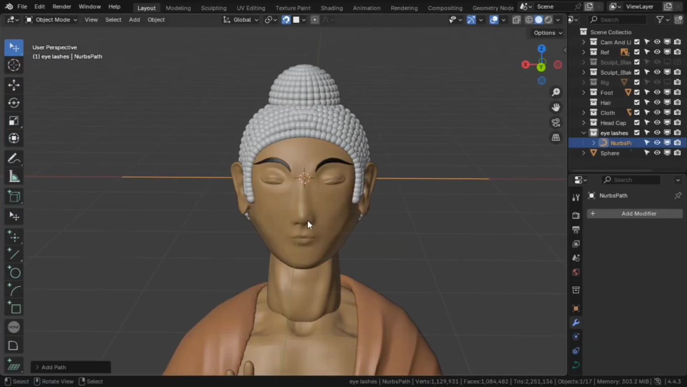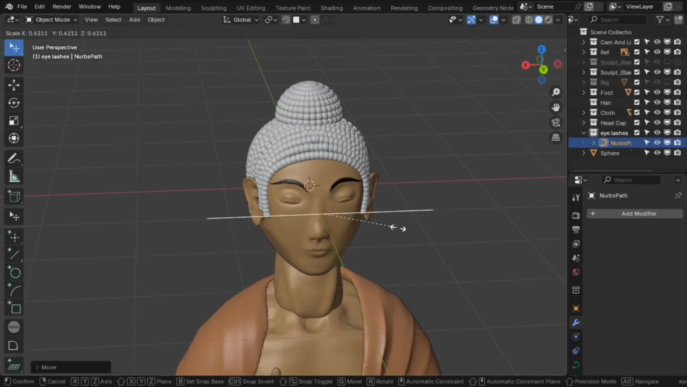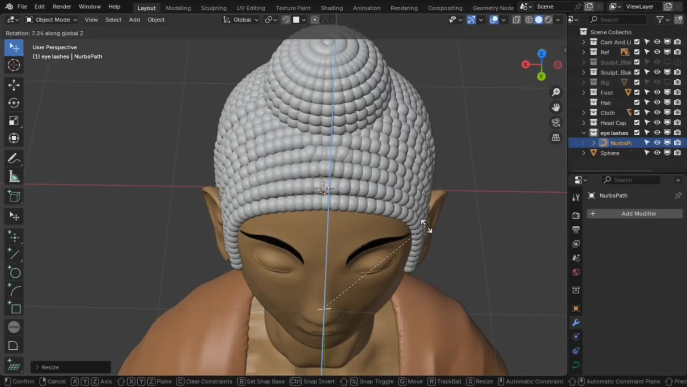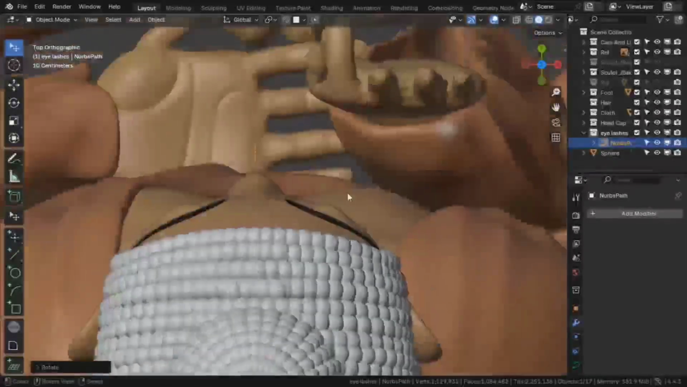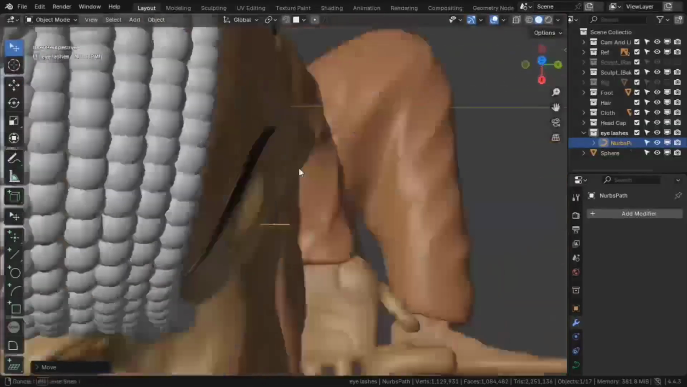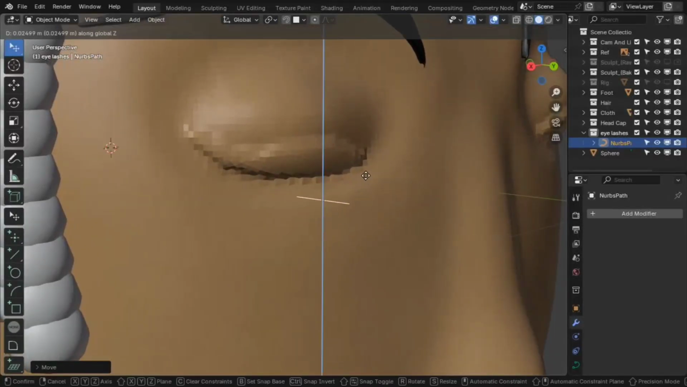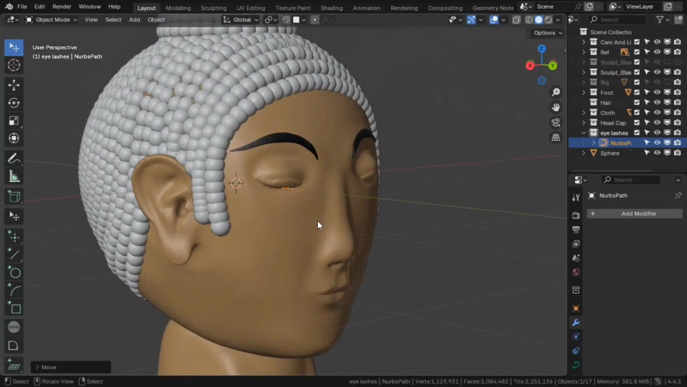Right now I've pressed Shift A and created a NURBS curve from the curve panel, and this NURBS object would be used as an eyebrow. Now bringing it close to the eyelids, and what to do,